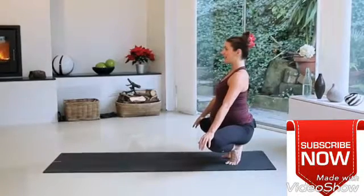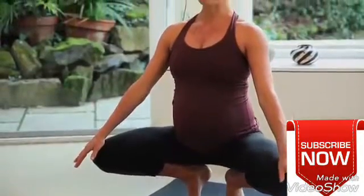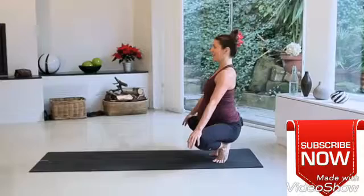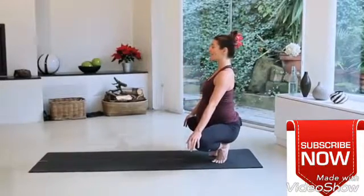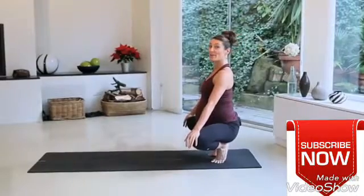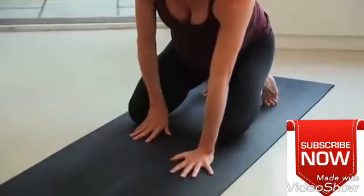So again, we're here strengthening up the feet, working a little bit on balance, drawing your baby gently towards you, and taking the breath easily and naturally. Notice the eye line is directly in front for balance. And then we're going to come back to the floor, walking the hands forwards and into the second part of